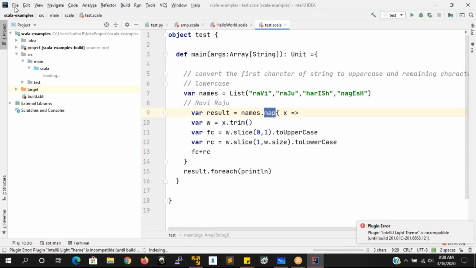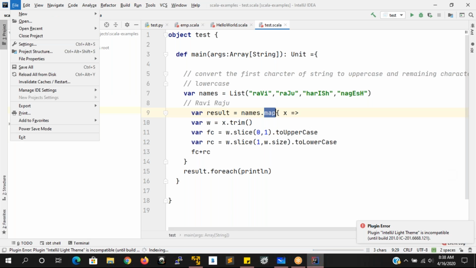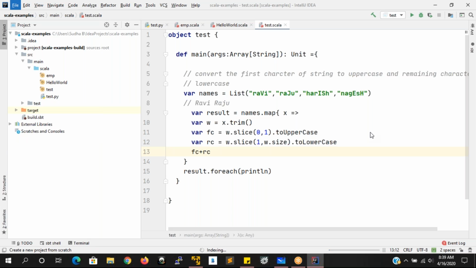How do you set it up? First, you go to File. Okay, File here. In File, you create a new project. Go to New and create a project here.